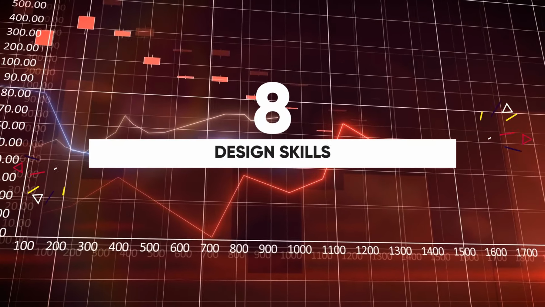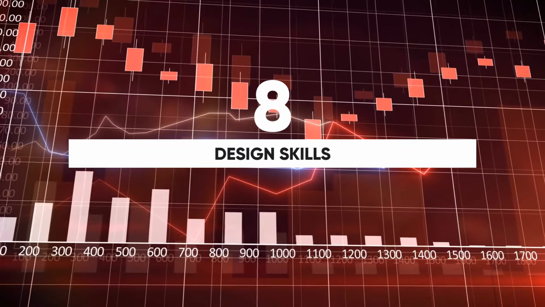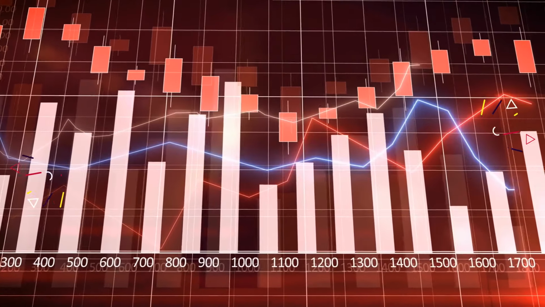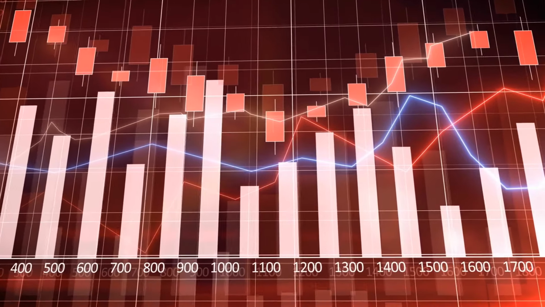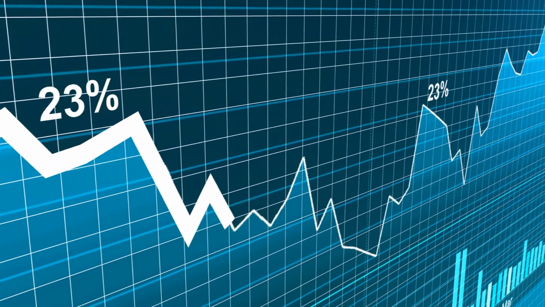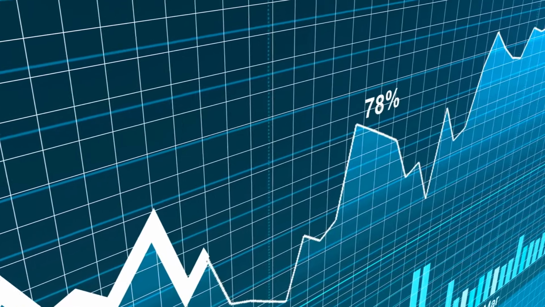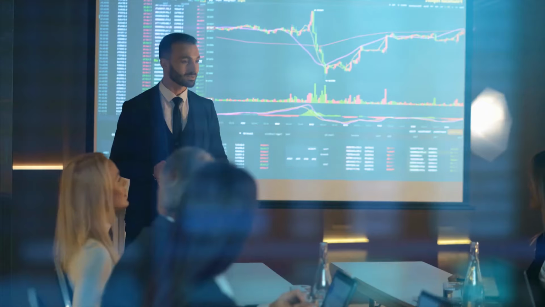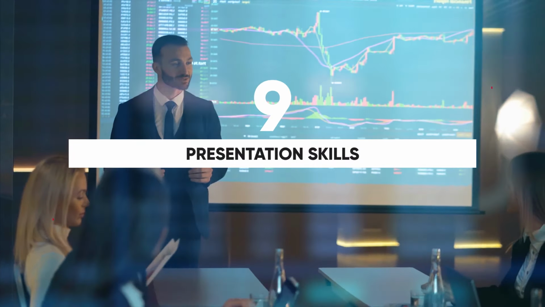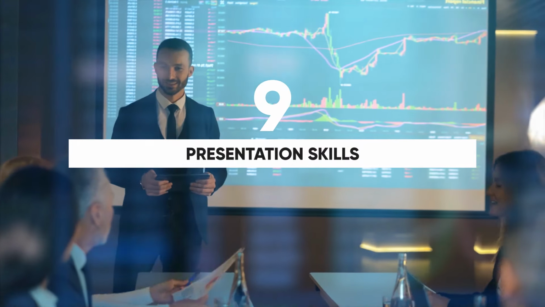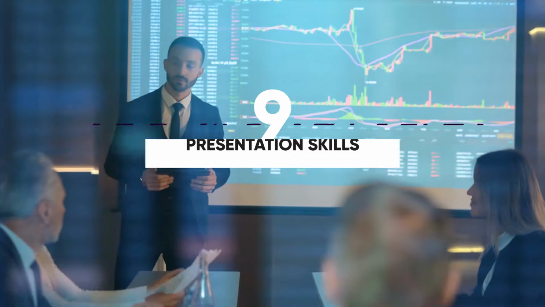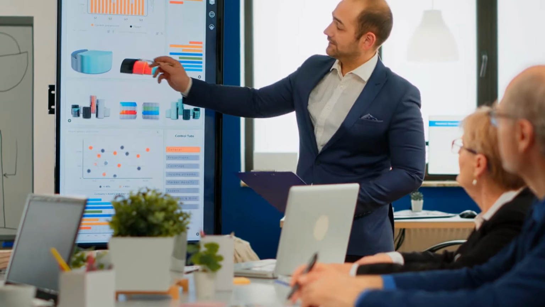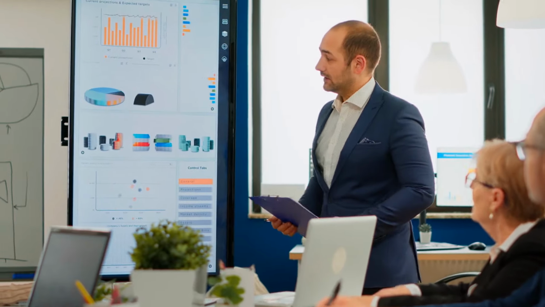Number 8. Design skills. One of the least discussed, yet generally the most important financial modeling skills is having an eye for design and feel. A decent financial model is easy to follow and good looking. It ought to have beautiful charts and graphs, clean formatting, and look professional. Number 9. Presentation skills. An extraordinary financial modeler can also make an effective PowerPoint presentation and pitch book to communicate the results of the model to managers, executives, or customers.